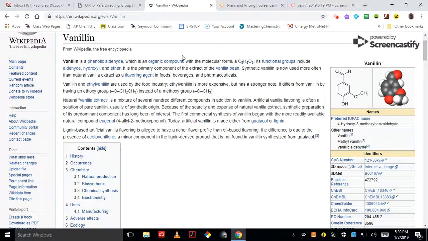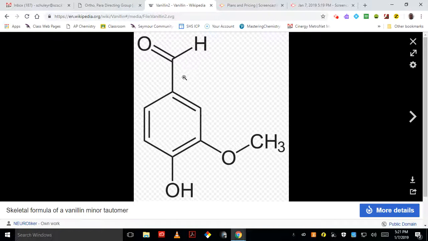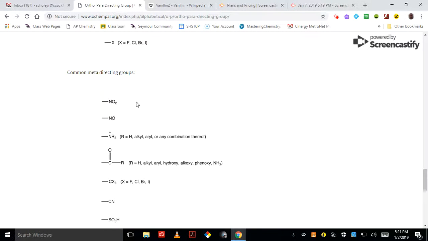I'm going to go back to the vanilla. We're going to look at this molecule. So we just kind of look at it close up. We can see that this is an OH. This is a C double bond OH group. Come over here and we'll try to find this in our list. C double bond OH group is a meta-directing group. So if we went back to this molecule,